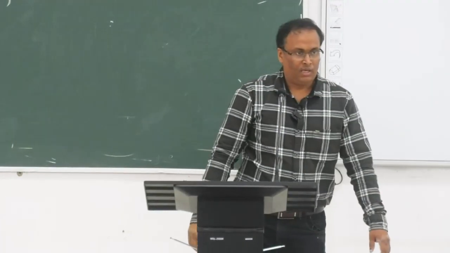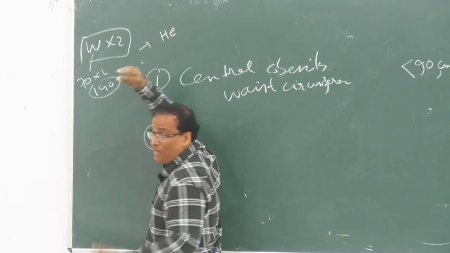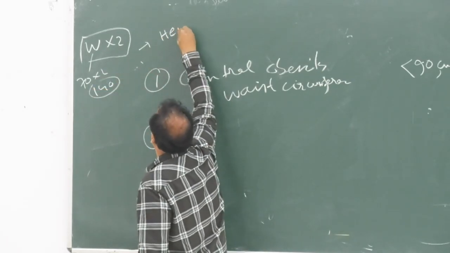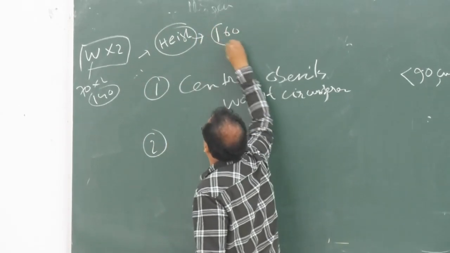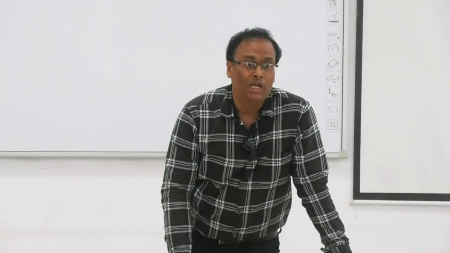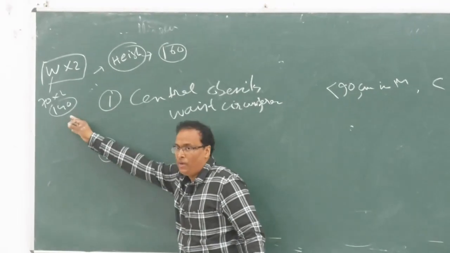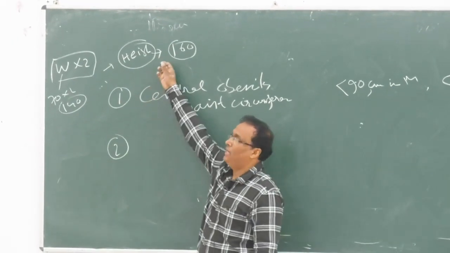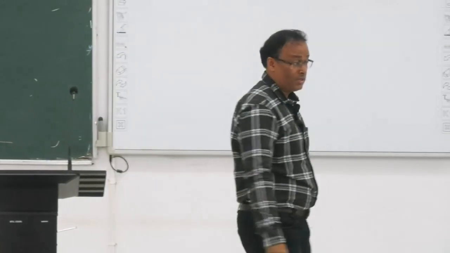Then height, you can say that is the height in centimeters. Suppose you took 160, then which is bigger? The height is bigger. That means you are okay. That means you are still not in a phase of insulin resistance. But if twice the waist circumference is more than the height, then you enter into hyperinsulinemia and insulin resistance. This is the back calculation.